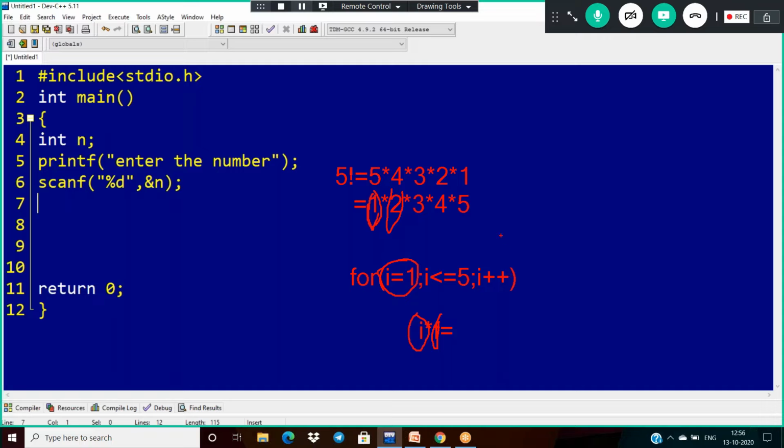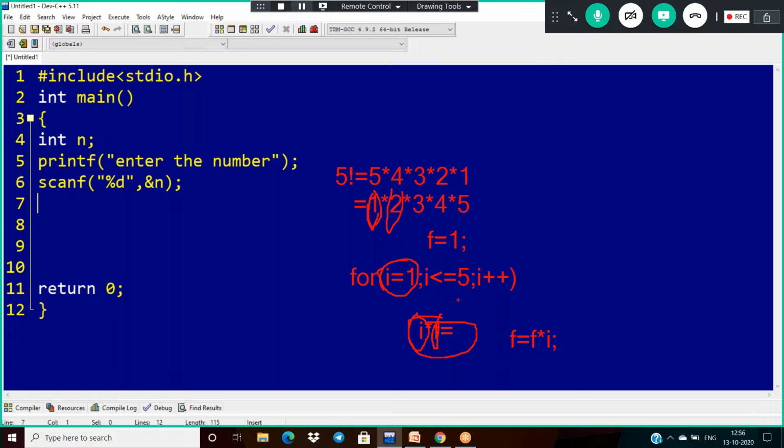So initially take one variable f initialized with 1, and now multiply f into I and assign this result again to f. So now f equal to f into I.